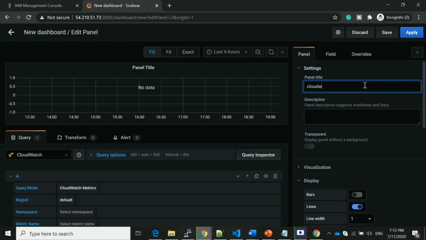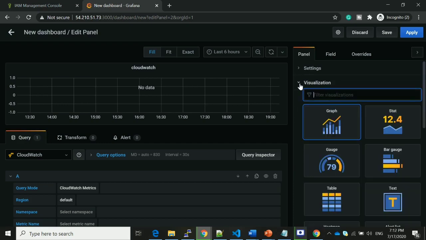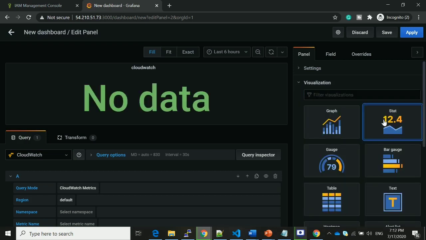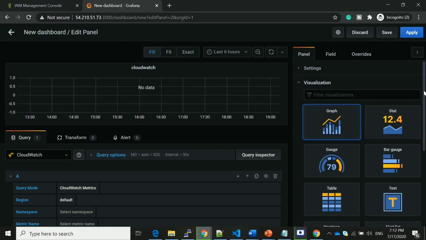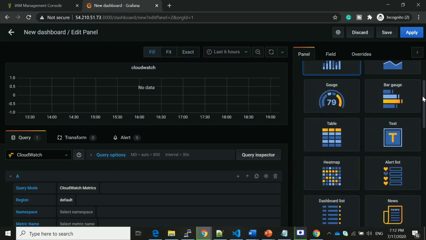So let me write CloudWatch. If you observe here, the name was changed. If you are not interested in the graph visualization, you can select stat, gauge, bar gauge, tables. You can select many of the panels.